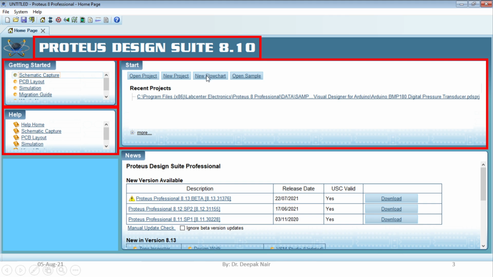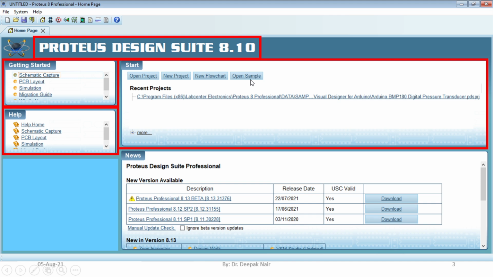You can now even design a project using only a flowchart, so that you don't have to write code. If you have the logic with you, you can use this particular button, new flowchart, to design a project using the logic and the knowledge of flowcharts. Or even if you want to start with some tutorials which are pre-built in Proteus, you can use the open sample button.